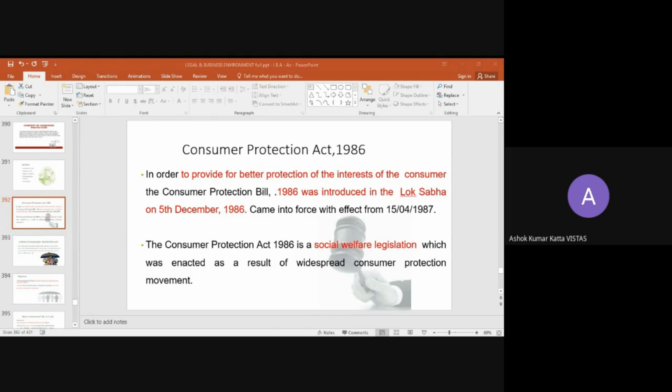Now, what is this Consumer Protection Act? What is the benefit for the consumers by the implementation of the Consumer Protection Act in India? According to the Consumer Protection Act 1986, it has been given as a social welfare legislation, and this was enacted and came into force so that hereafter